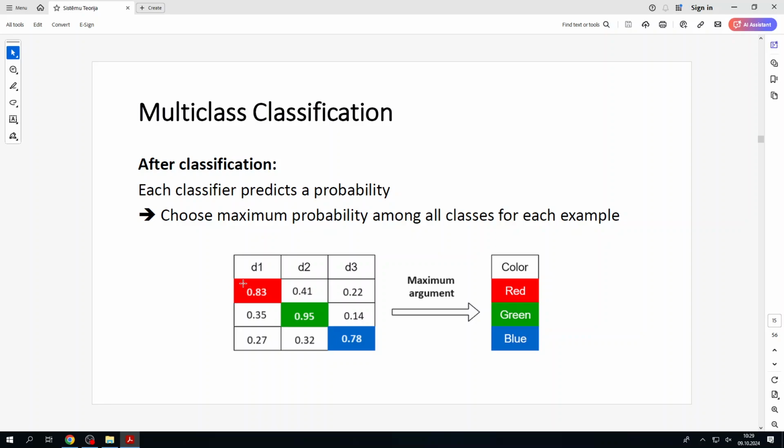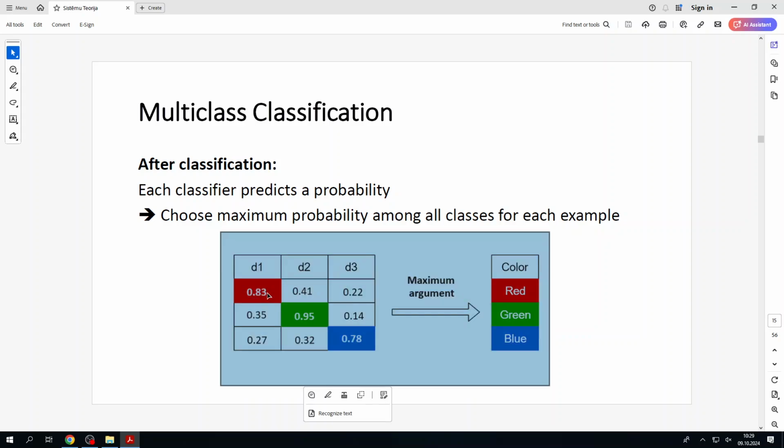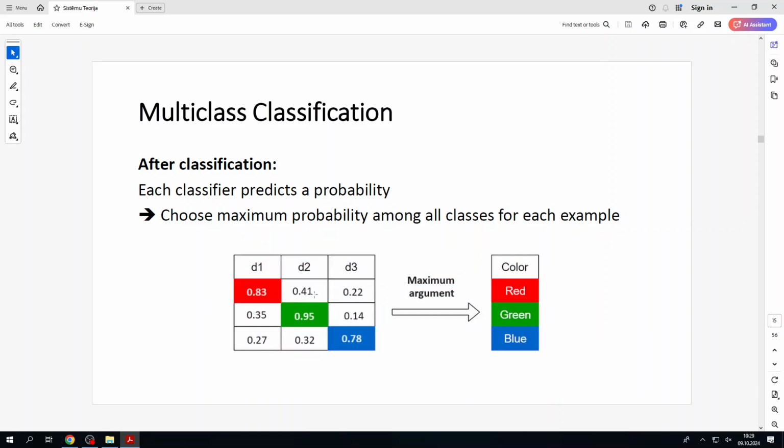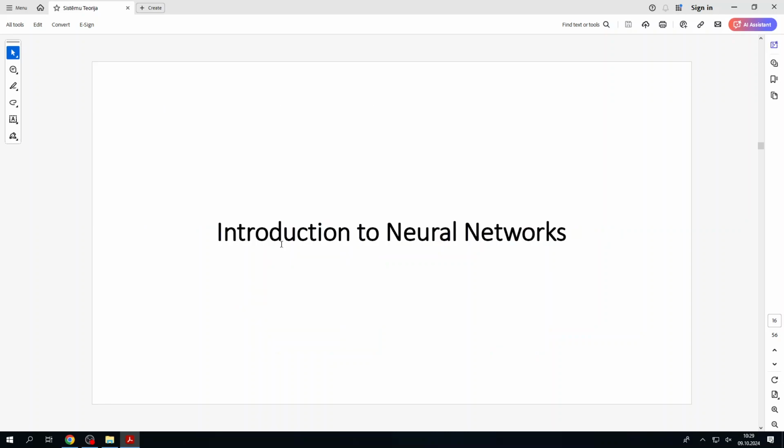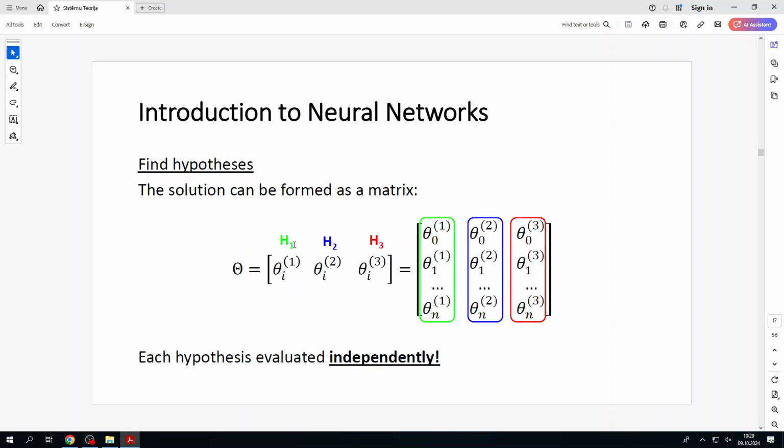So, for example, the first point has 0.83 probability that this is red, 0.41 probability that this is green, and 0.22 probability that this is blue. So obviously the maximum probability is for red, therefore we believe that this data point should be considered to be red. Okay? So now we can move on to neural networks, and basically we are going to extend that, but